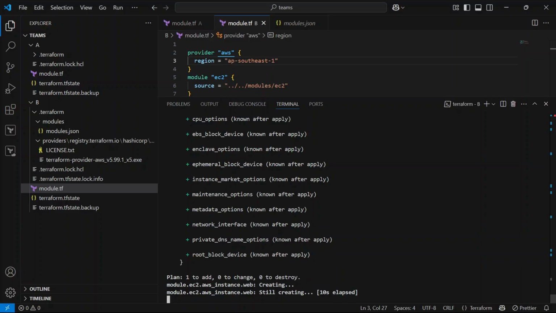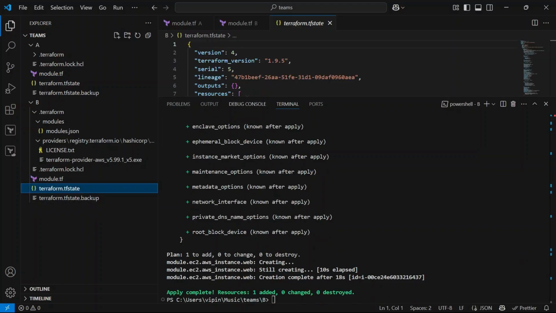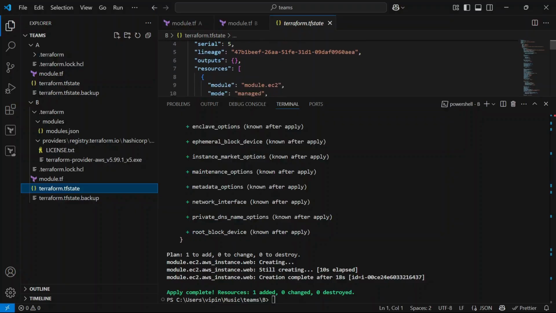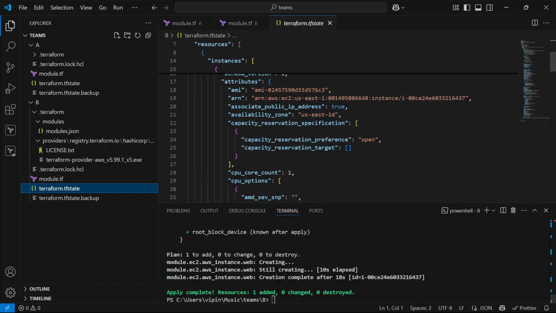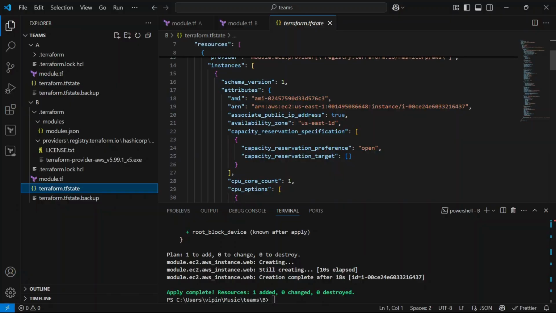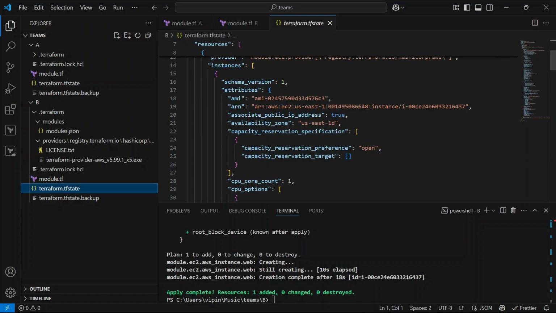Our instance is getting created. Once the instance creation is done, we are going to explore the tf state and look at which region it provisioned the EC2 instance in. If you see the ARN here, that is us-east-1. We defined ap-southeast-1 in the configuration, so why did the instance still get created in us-east-1?